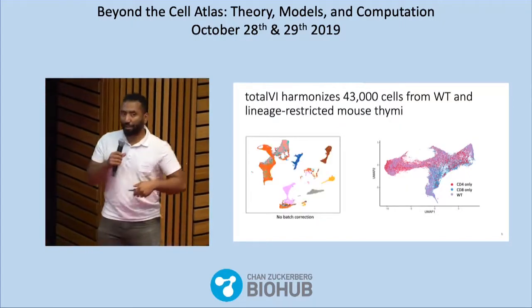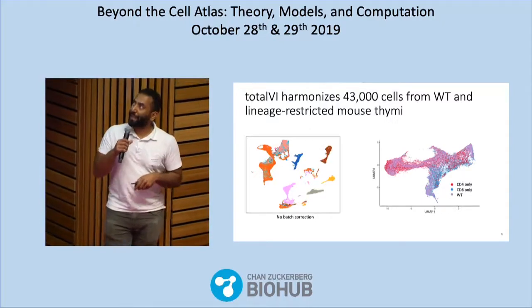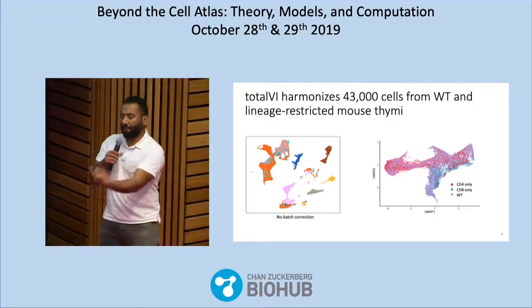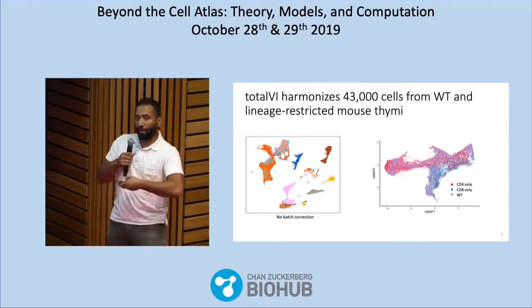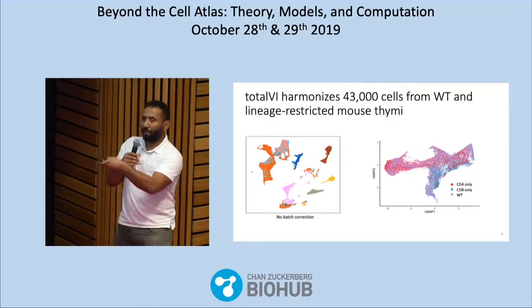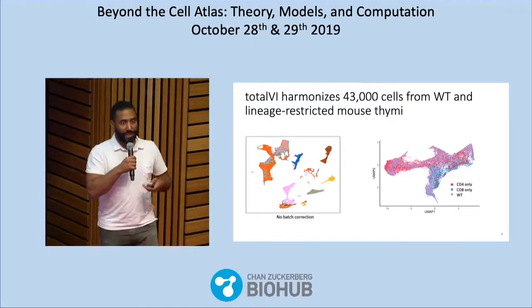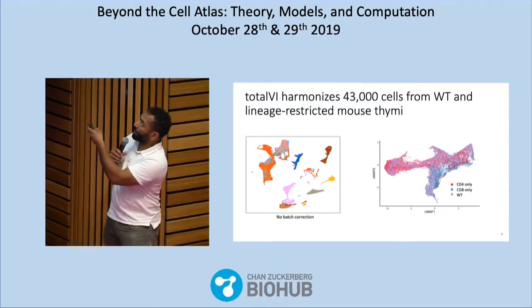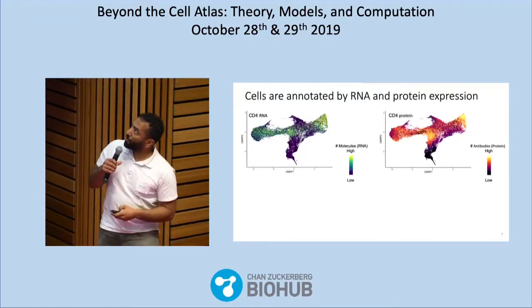We're using a collection of transgenic mice and wild-type mice, and sequencing a lot of cells from mice that only have CD4 cells and CD8 cells. And if you don't correct for the batches and the different genotypes and the different animals, you get a lot of different clusters. But when we use totalVI, we can harmonize all this data into a single latent space, and we can really nicely see this branching trajectory. And just a little view of what this looks like.